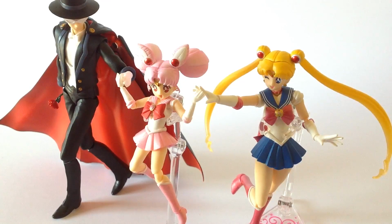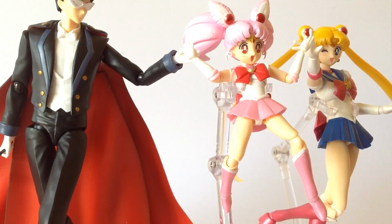As for accessories, Chibi Moon comes with the basic needs for her Sailor Senshi form, but I can't help but feel they've missed the opportunity as well to add her trusty companion, Luna P, which would have made the whole set feel a lot more complete. All in all though, I highly recommend the S.H.Figuarts Sailor Chibi Moon for any Chibi Moon, Sailor Moon, or Magical Girl enthusiasts in general,